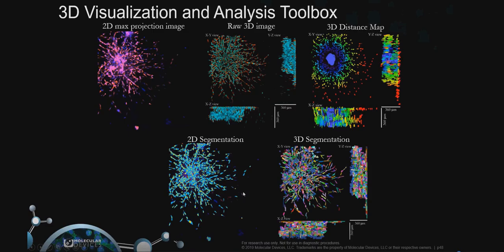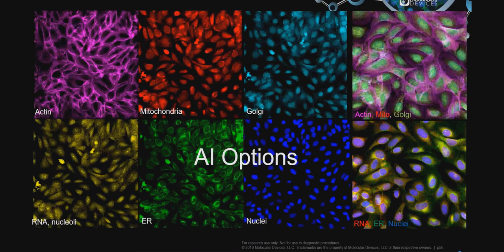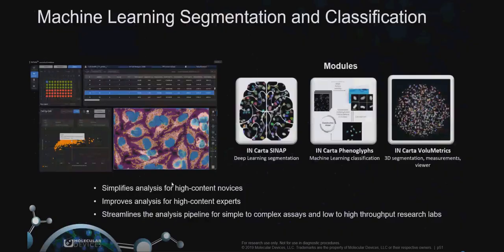In the next couple slides, I want to share with you some new options that we have with our latest offering of our system, where we've got some additional tools here, and that is doing some AI and machine learning and classification. Here you see a nice example of a cell painting assay. So what we have available is some additional machine learning segmentation and classification tools with the software. So we've got deep learning segmentation, especially for those complex types of segmentation analysis, both transmitted light as well as in fluorescence. Classification, so being able to automatically identify the different populations of data. You see a nice example here with determining where cells are in mitosis, for example,